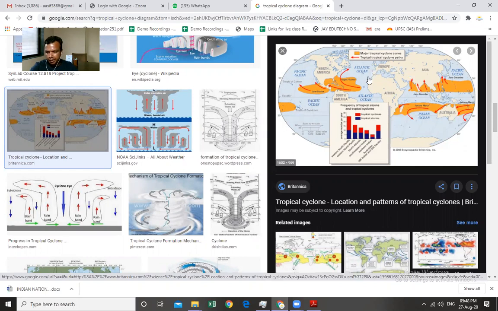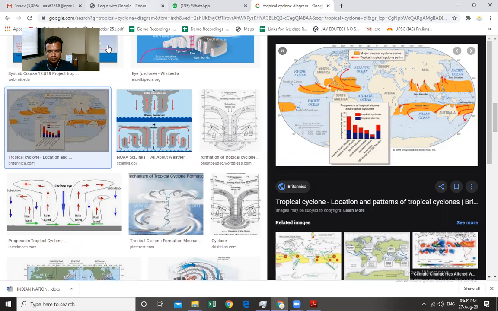Now these tropical cyclones are not created at the North Pole and South Pole. So can anybody tell me why the tropical cyclones are not created in the polar oceans or the temperate ocean? Temperate ocean means what? The region between 30 degree to 60 degree latitude is called the temperate zone, and above 60 to 90 is called the polar zone. So why can the cyclones not be produced in this zone? What could be the reason for this? Temperature.